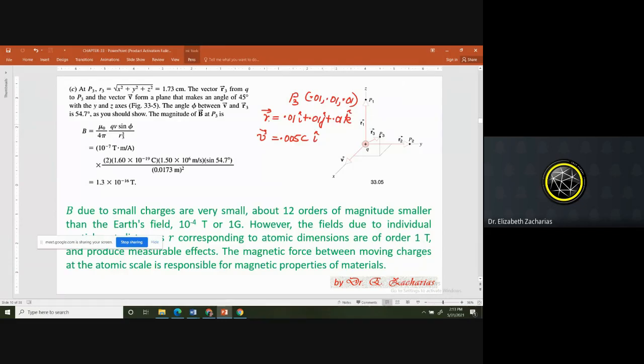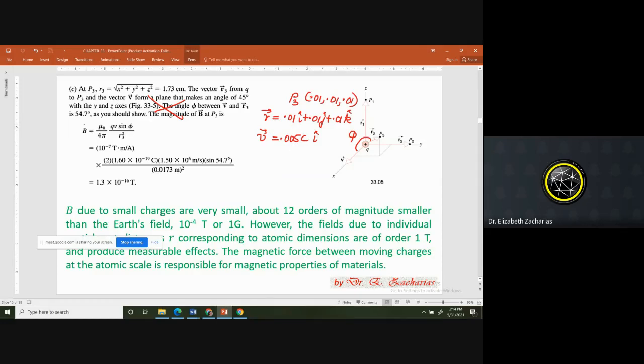So use the same formula. Okay, V cross R you can do. The problem is being done in the book by the author in a slightly different way. He's trying to find out this angle phi, and he says that angle is 54.7. That is complicated. Don't go with this method. Instead, just go with what I'm saying. This will be easier. Just a cross product.